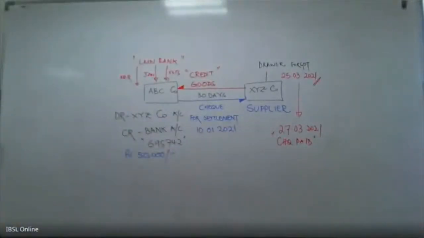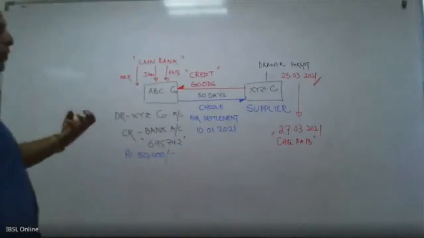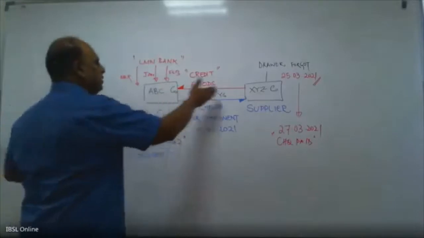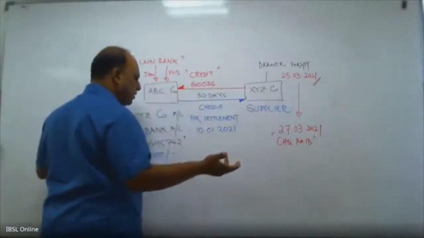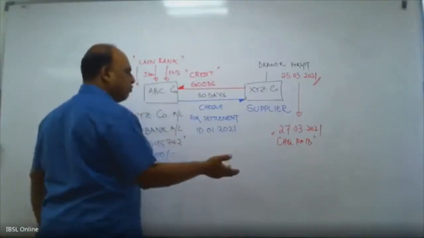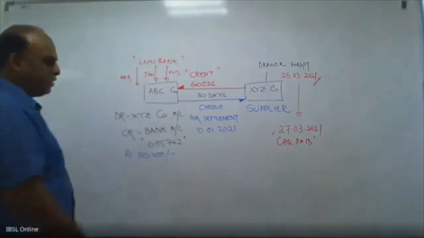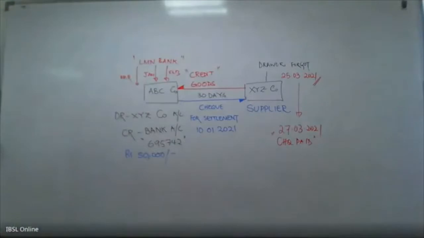So what happens here? This is a real scenario. In businesses, this happens. Sometimes you give a check and this person misplaces it, and after about 3 or 4 months, he will come and say, look, I misplaced it. Can you give me another check? Then that will be a long procedure. So you have to understand this concept.